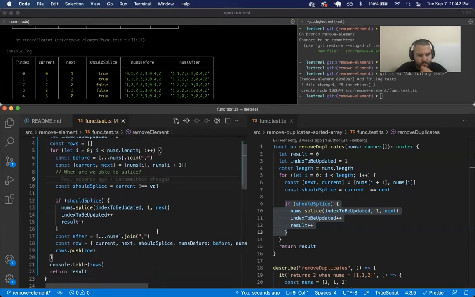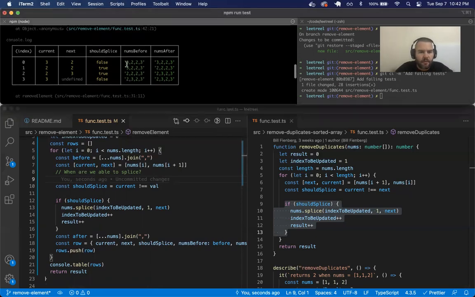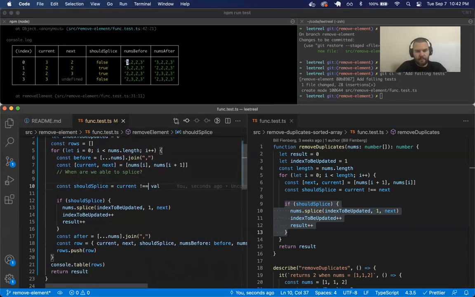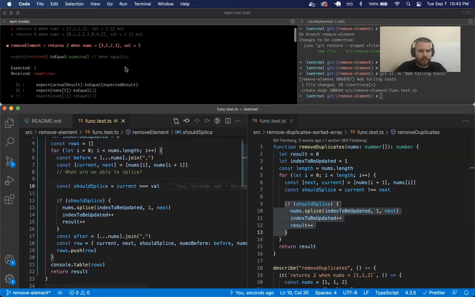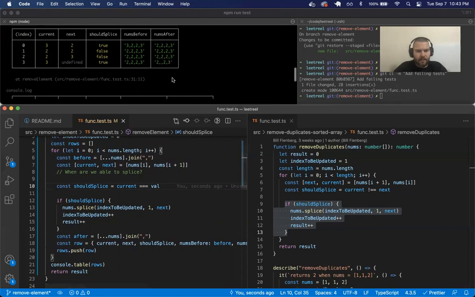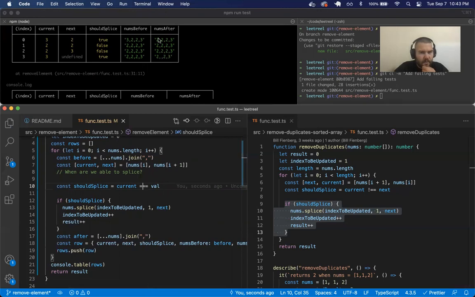Yep. So we should splice whenever we find an element to remove, so we know, we could say which one to remove, so we could, all right, so if current equals val, and so we have the next, so 2,